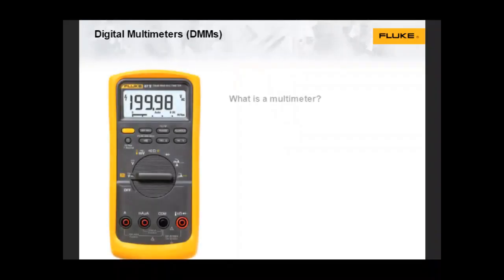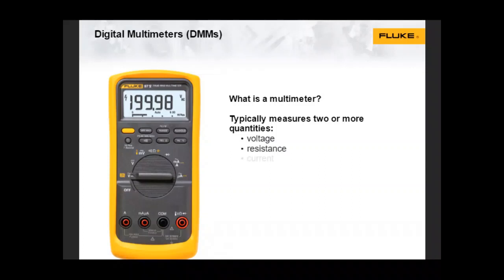A multimeter is an instrument designed to measure two or more electrical quantities. All multimeters measure voltage and resistance, and most will measure current as well. These three measurements are the most common, but many multimeters can do much more. They may be able to measure other quantities, like capacitance or temperature, have more sophisticated displays, or include special measurement